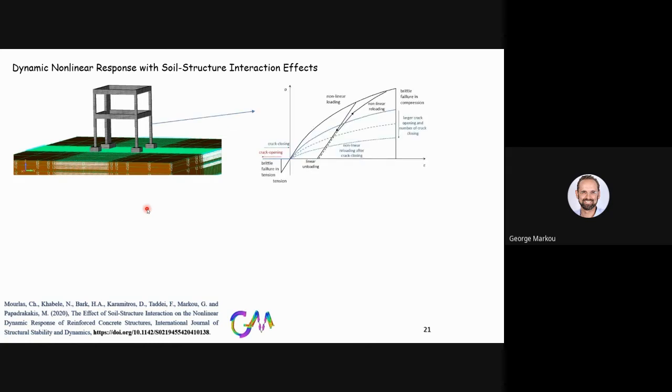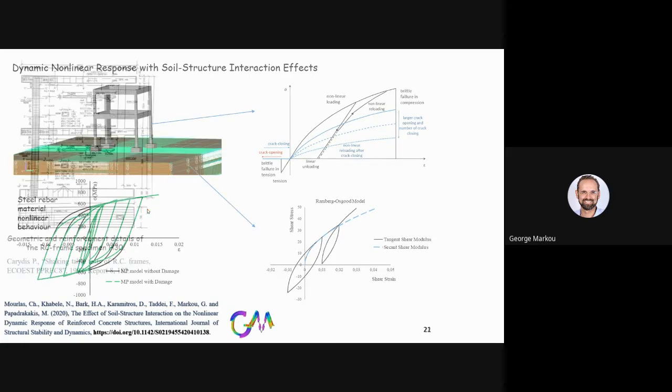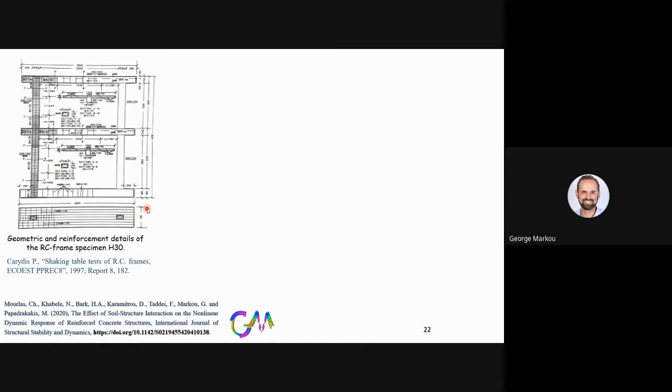And of course, we use nonlinearities as I described them in the previous slides for concrete, the cyclic behavior of concrete. We added the Ramberg-Osgood model for the nonlinear simulation of clays. And of course, we must also remind here that we also took into consideration the nonlinear mechanical response of the steel rebars. Now, how this research work moved ahead: it assumed this two-story reinforced concrete frame that was tested by